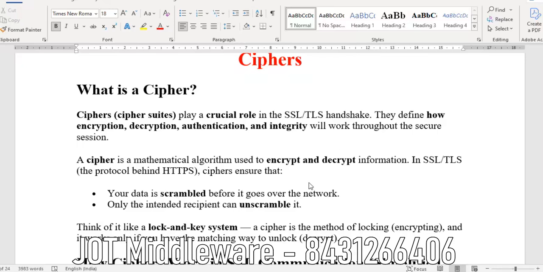And also the ciphers. So if you are using 1.1 with the latest ciphers, that may not work. And also one thing for financial and banking applications,